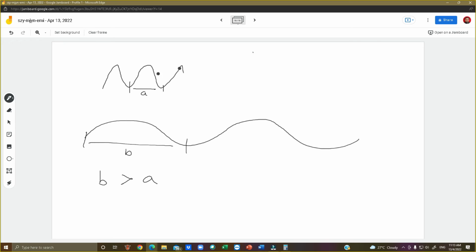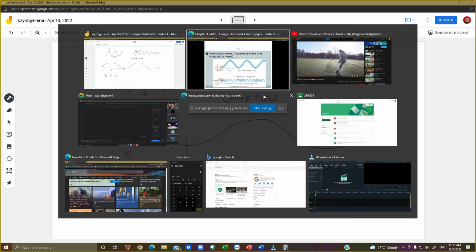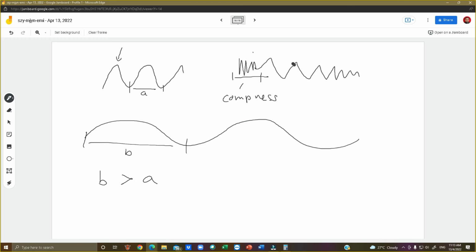Kita akan ada, kita tengok daripada atas, we see from above. So we are going to see something like this. Lepas tu macam ni. Okay, so this is known as compress. Lagi satu, known as expand. Okay, expansion. So wavelength can be described in these two things, in term of longitudinal or transverse. Okay, so transverse wavelength ni, dia mungkin longitudinal, dia can be compressed, can be expand.